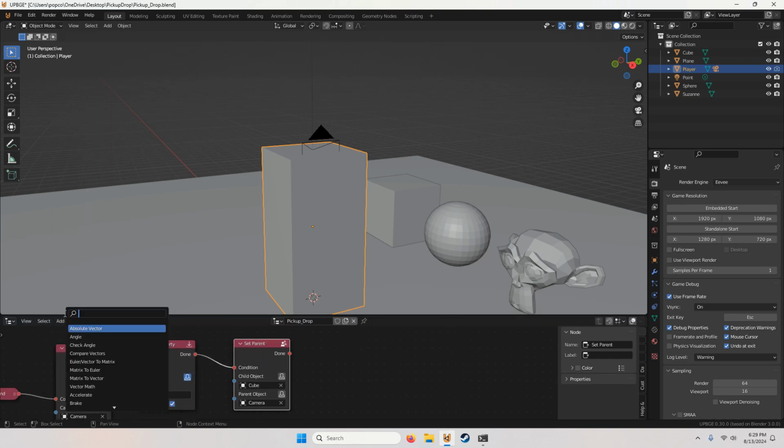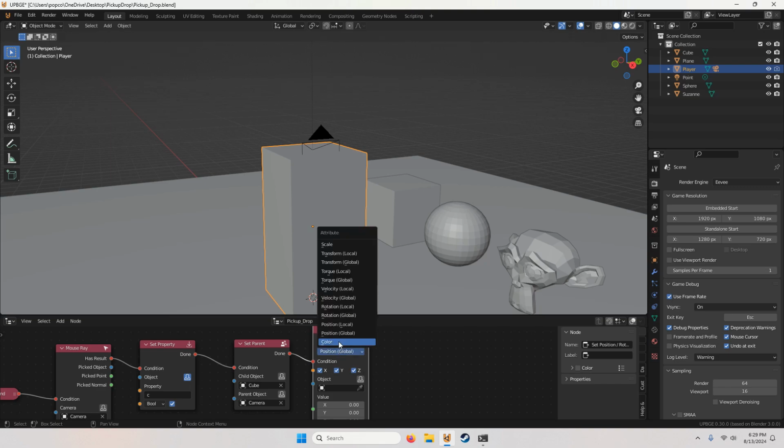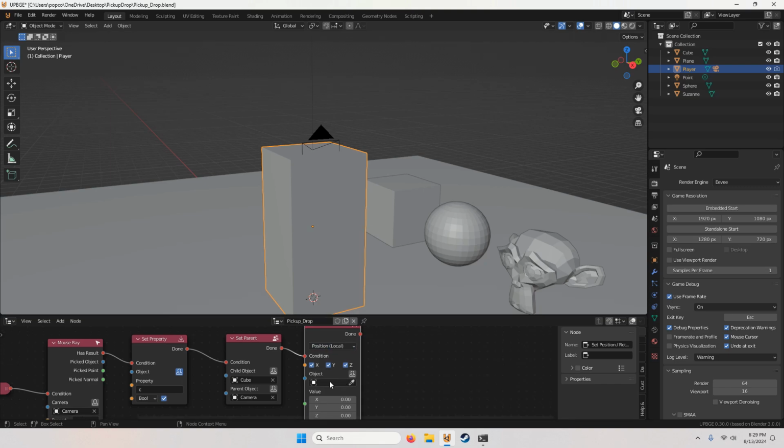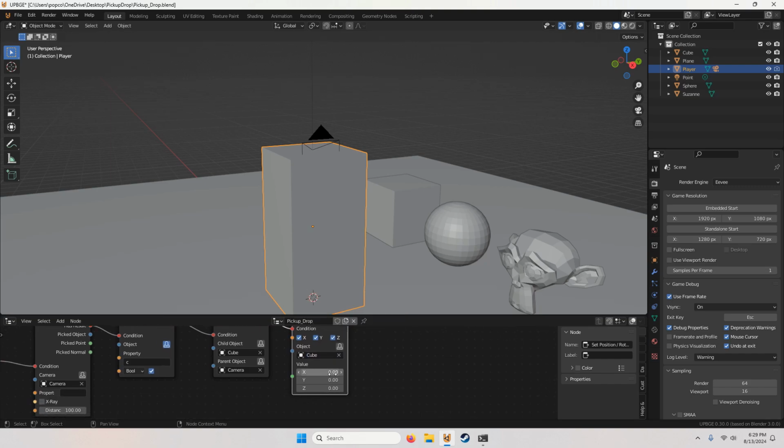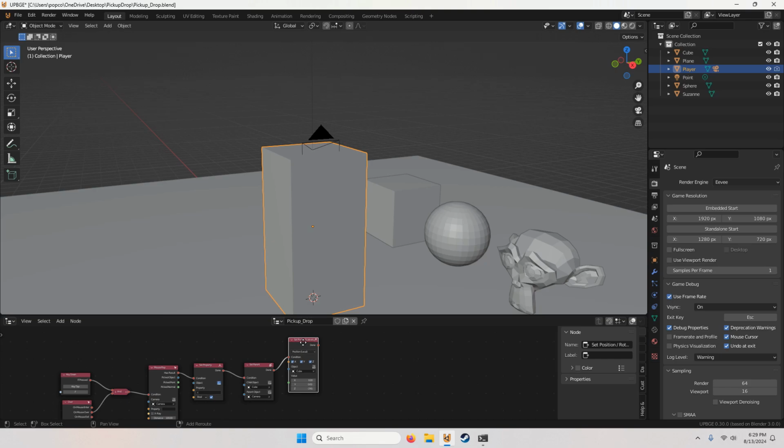And then once the parent is set, we'll need set position rotation scale node, and change this from global to local position. And the object should be cube, and we're going to do negative 2.61 and copy this.